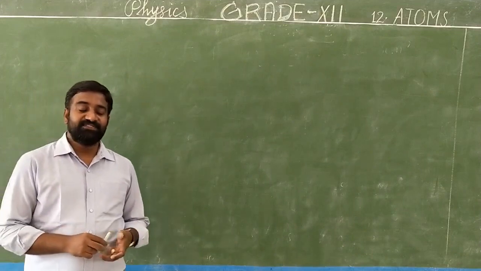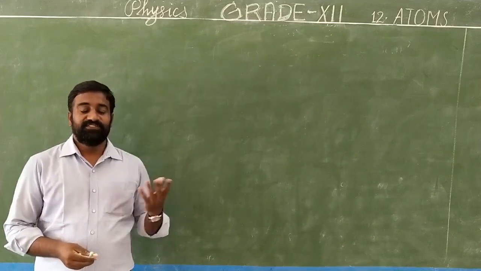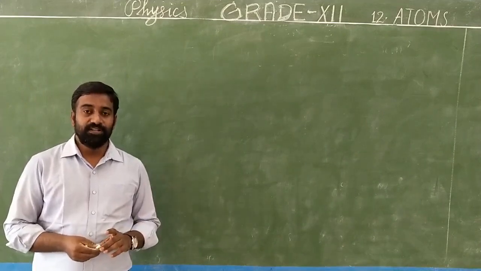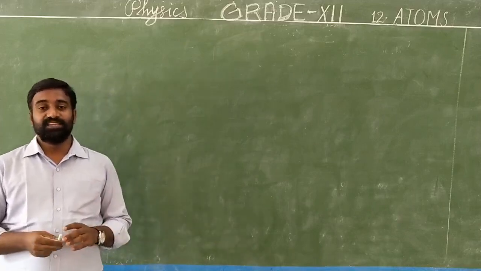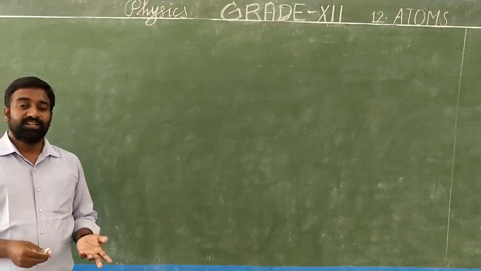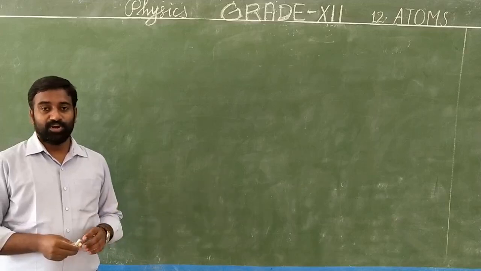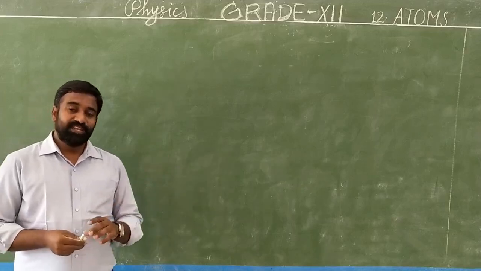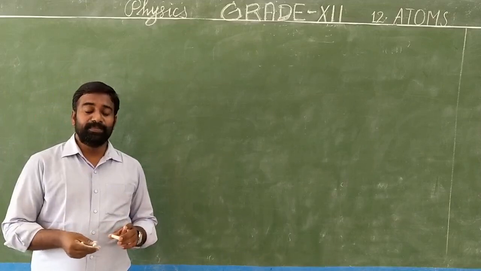In the last class we were seeing the atom lessons, where we saw the various models of an atom. The first one is the J.J. Thomson atom model. The first atomic model was proposed by J.J. Thomson, and this model is also known as the plum pudding model. Then the next one, Balmer, obtained a simple empirical formula.